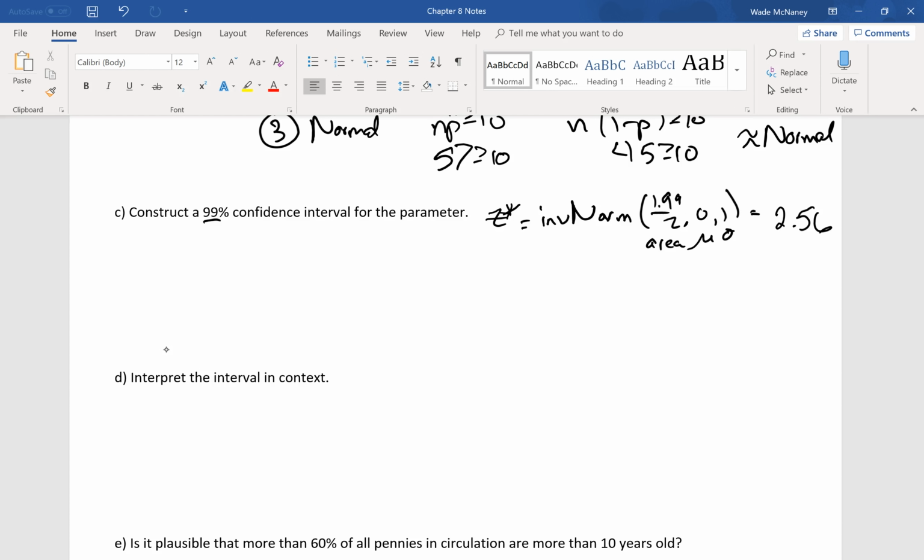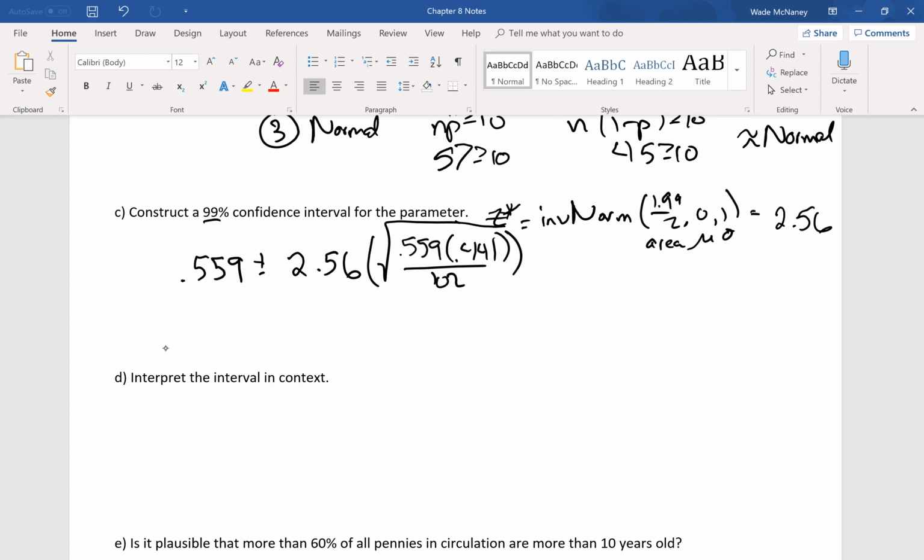So my sample proportion, 57 over 102, is 0.5588 or 0.559, plus or minus my Z star critical value, 2.56, times my standard error, which is going to be the square root of 0.559 times 0.441, all over 102. When I put all of that together,